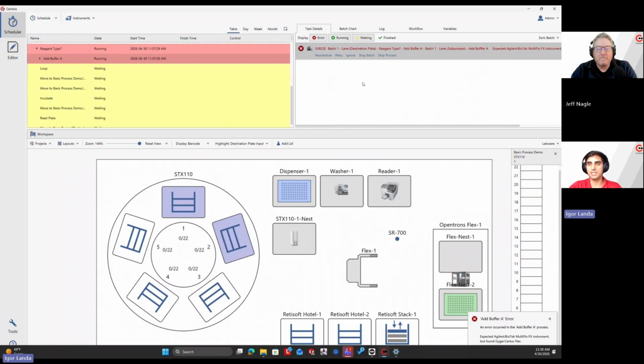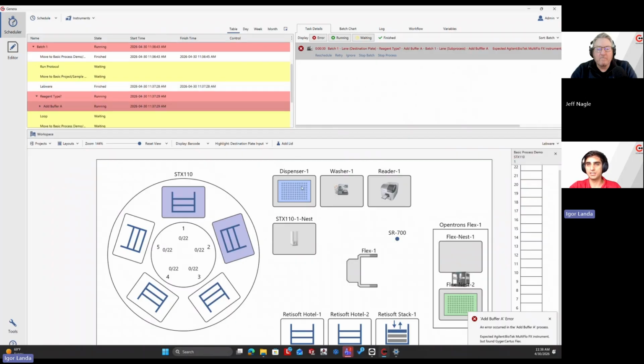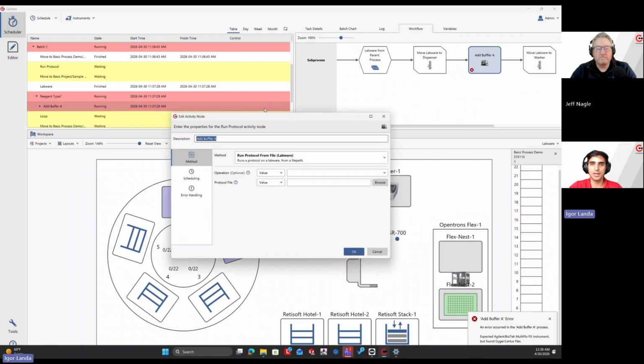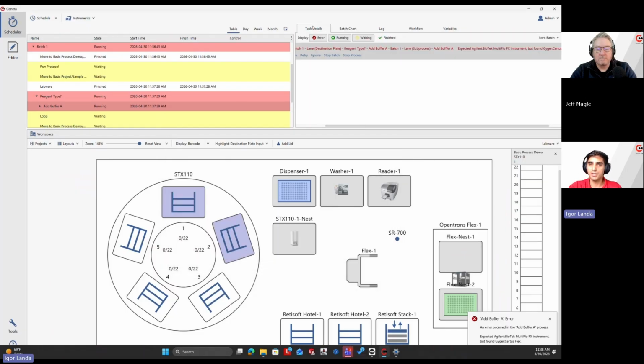So obviously I put in the wrong activity node because it is currently on the Certisflex node. If I was to go to the workflow here, you can see that this one is for the Biotech multi-flow FX. So for the error handling, I could have a reschedule, so redo the entire